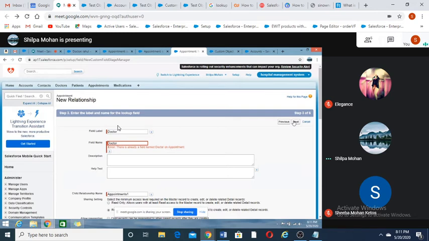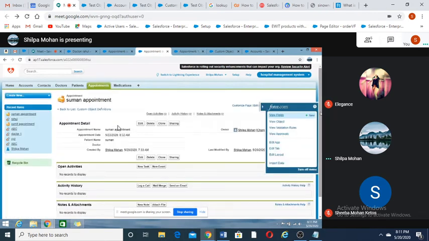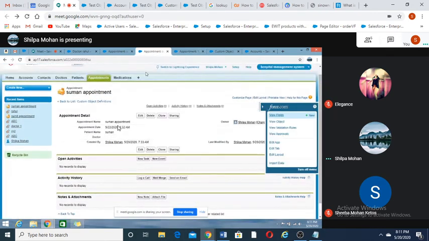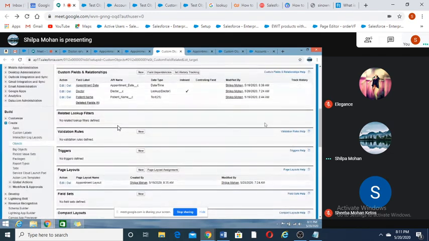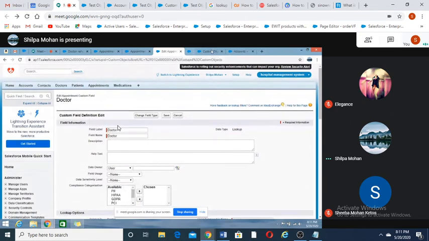Here we did not edit the lookup relationship and change the field type, right? No, we are creating a new field. So what we'll do, we will go and edit that and change it to master detail. We'll not create a new record. You can directly click on new. Yeah, here, then edit, then change field type,